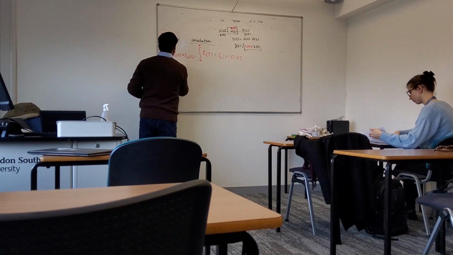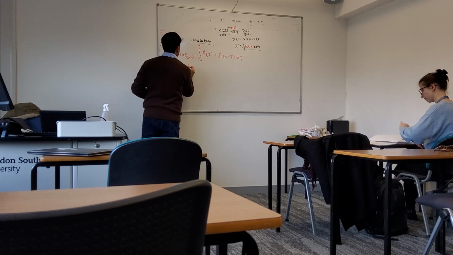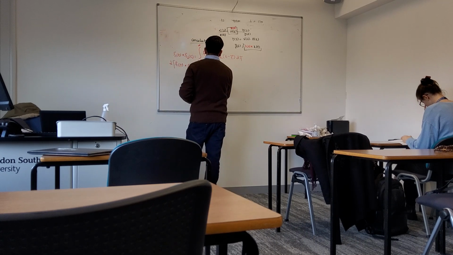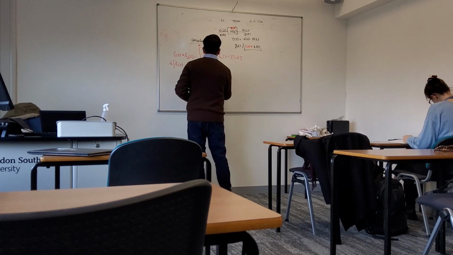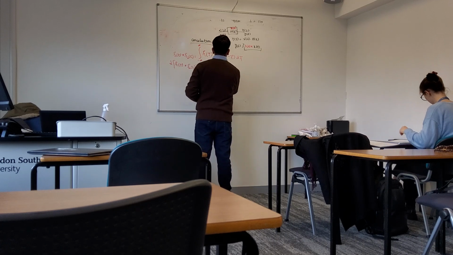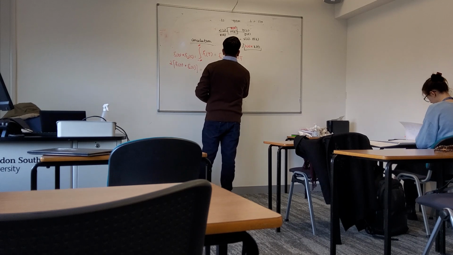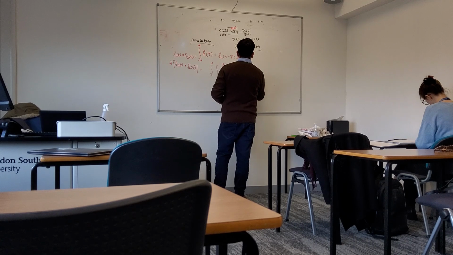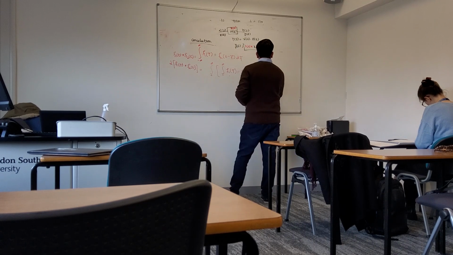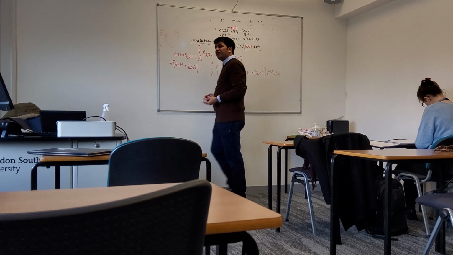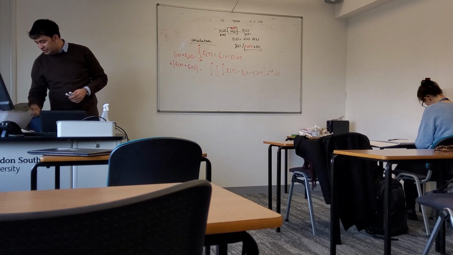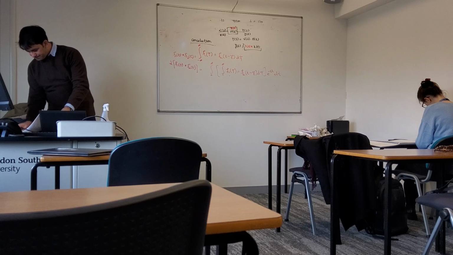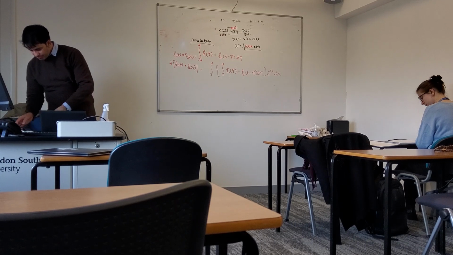The Laplace transform of f1 of t convolved with f2 of t is the integral from 0 to infinity of the whole thing, the integral from minus infinity to infinity of f1 of tau, f2 of t minus tau, d tau, times e to the power minus st dt. This is how we find the Laplace transform, right? We just take the function and we find the